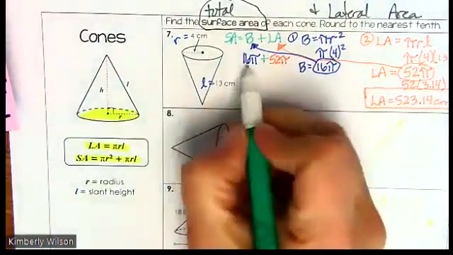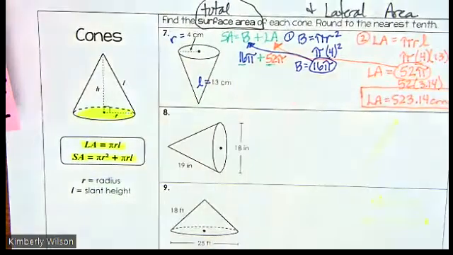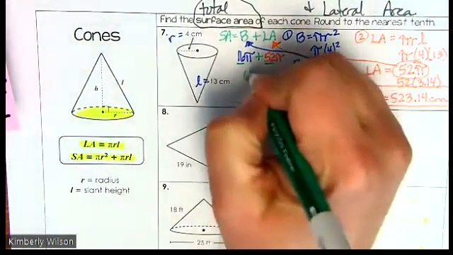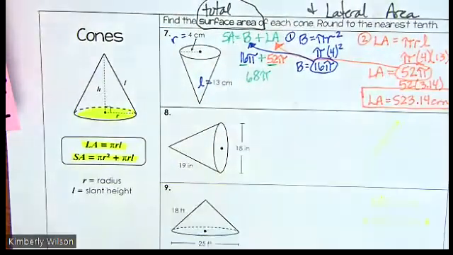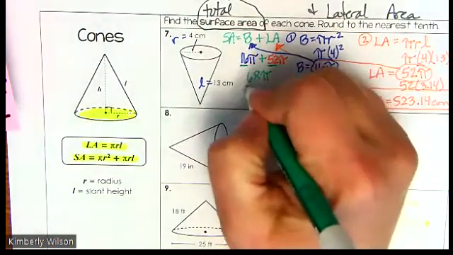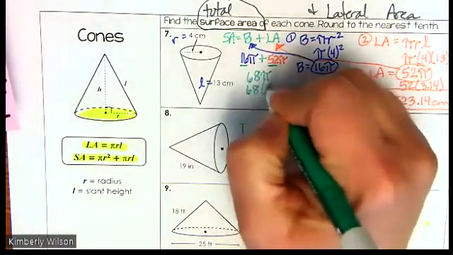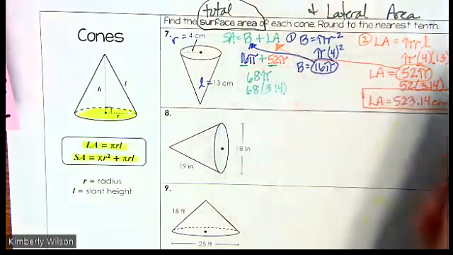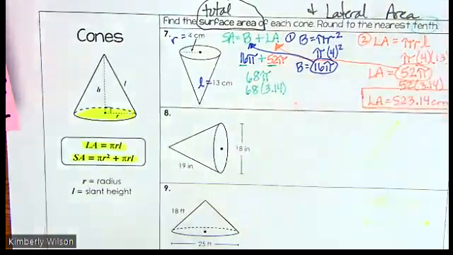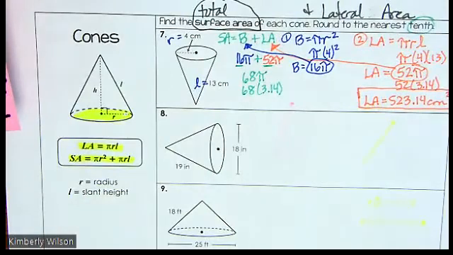So I add the coefficients, which gives me 68 pi, because sometimes they ask you to leave the answer in terms of pi, and that would be this answer. And now we're going to plug in the 3.14. It wants me to round to the nearest tenth. Remember that. Times 3.14,